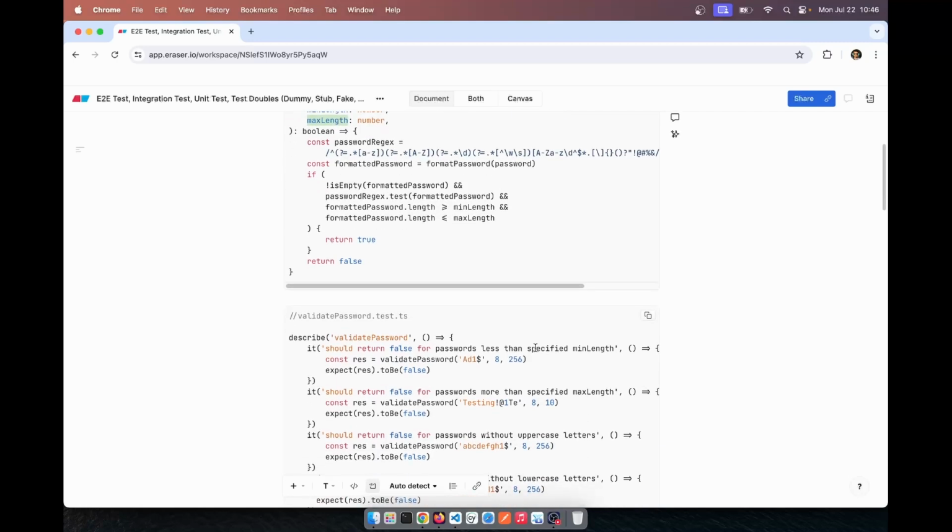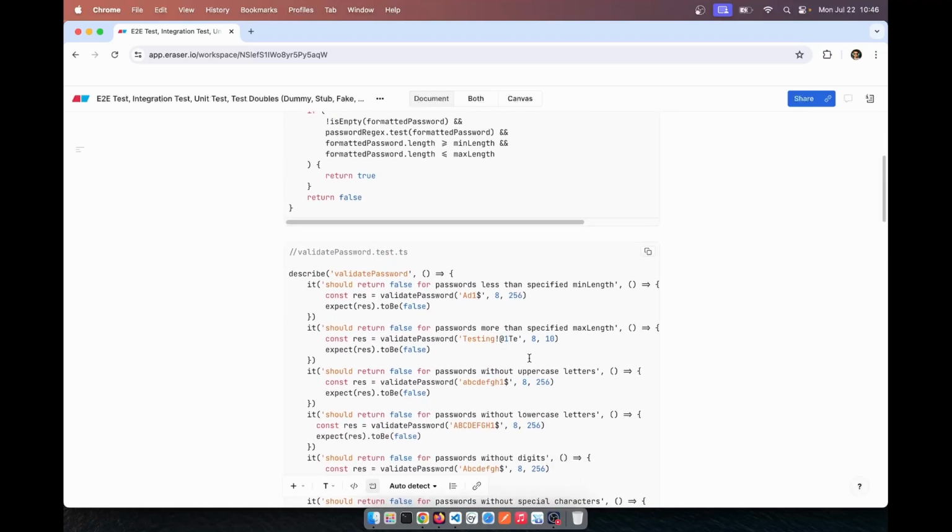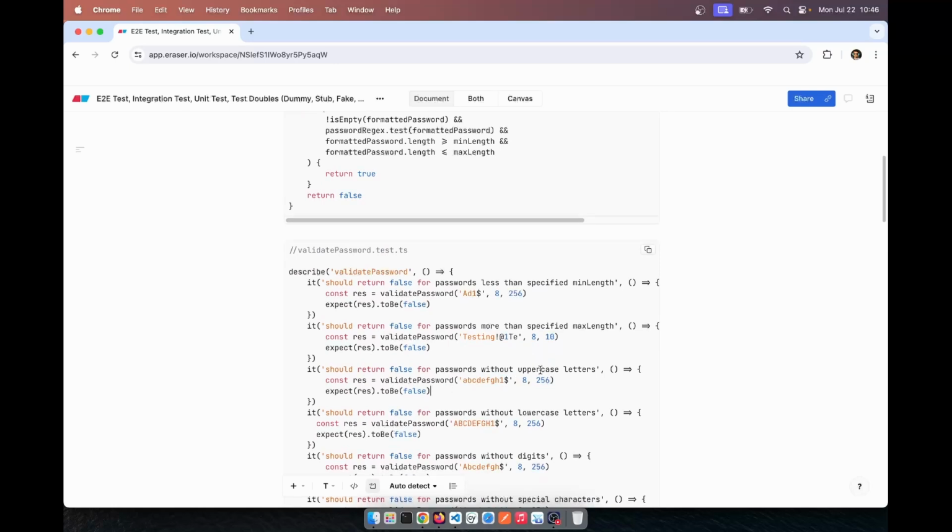Whenever we are writing unit tests to test this validate password function, let's say we are testing for password uppercase. We do not need the min length and max length when testing whether the password contains uppercase letters. But do we still need to supply the min length and max length values? Yes, of course, because we are calling this validate password function, we are providing the password,